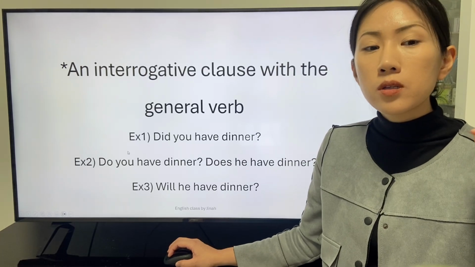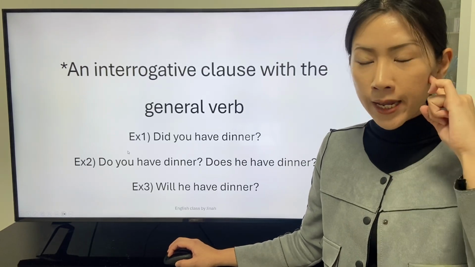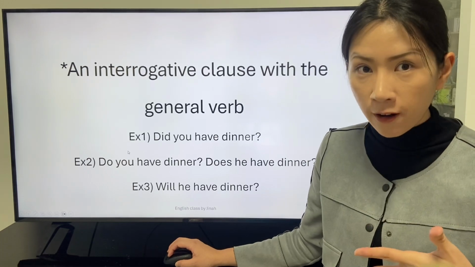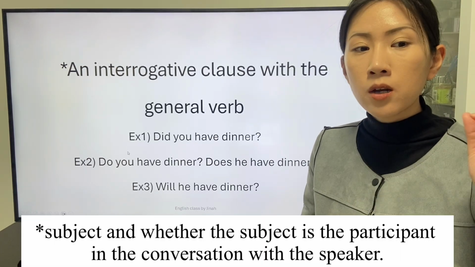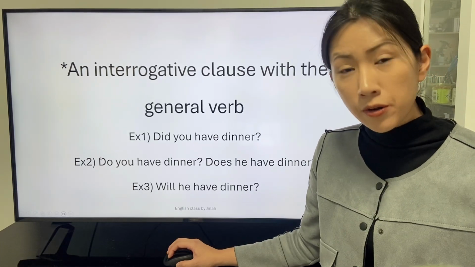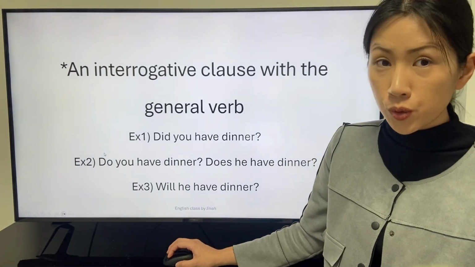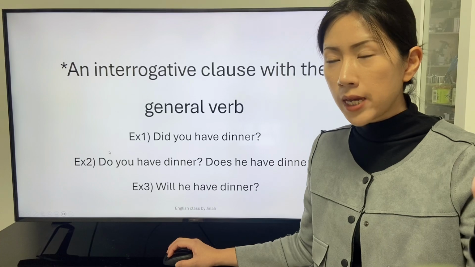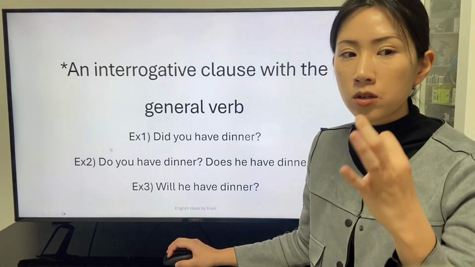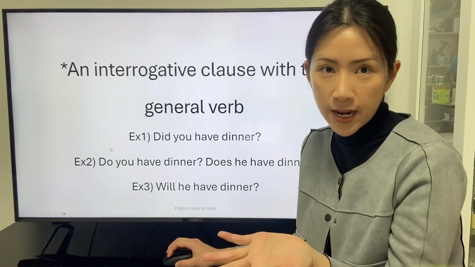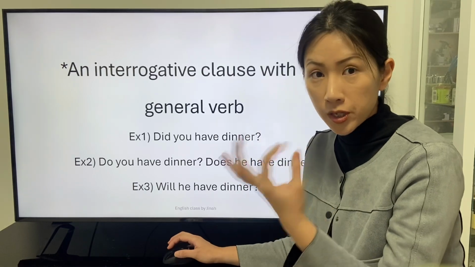Plus, the listeners can recognize the number of the subject. The interrogative clause that starts with the modal verb do is about the plural subject or the participant